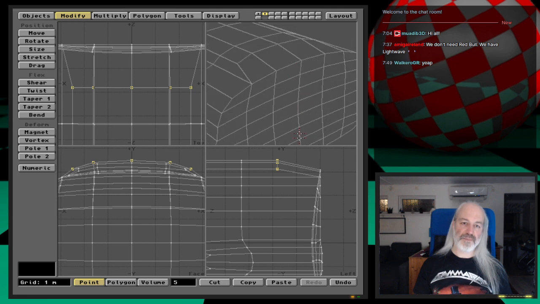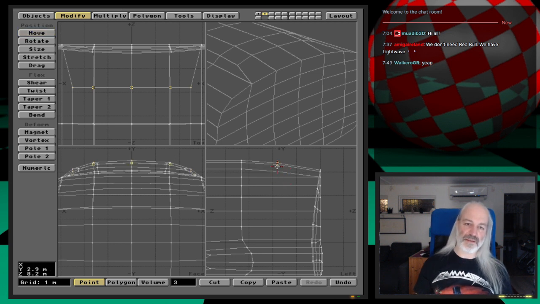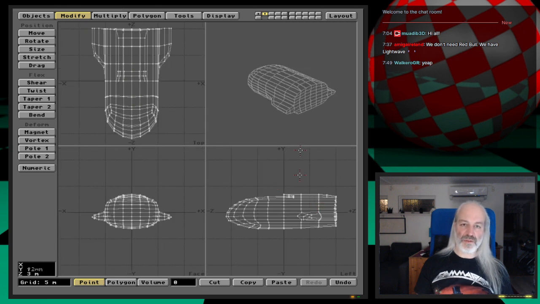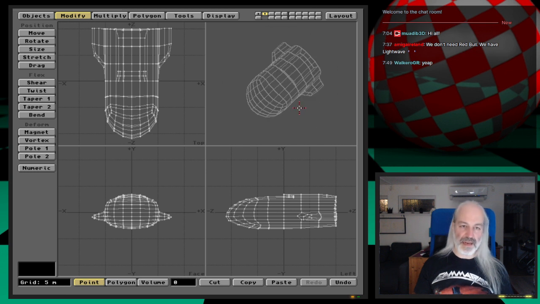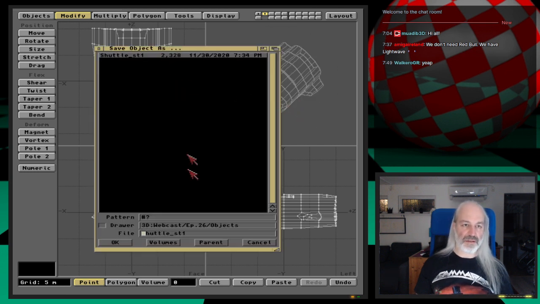Okay. So now I just smoothed out. The form has been smoothed out a bit. I can even go a bit there. This is great. Okay, so this is my shuttle in its current stage. I am saving that as shuttle stage 2,